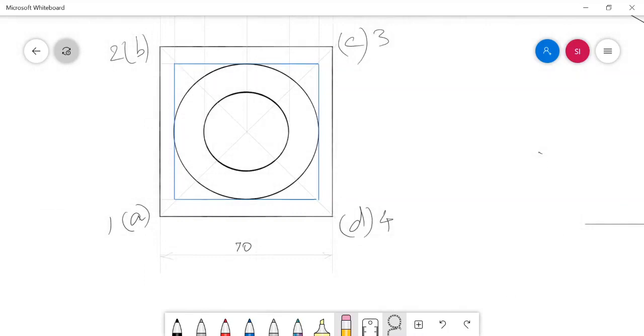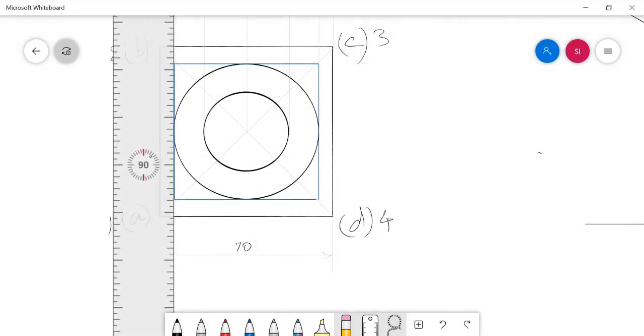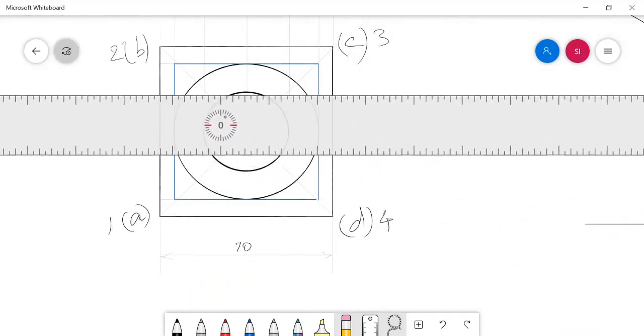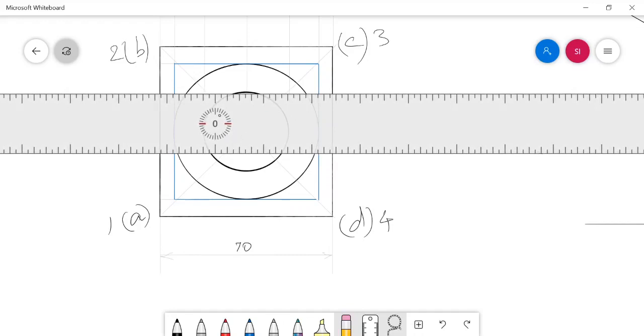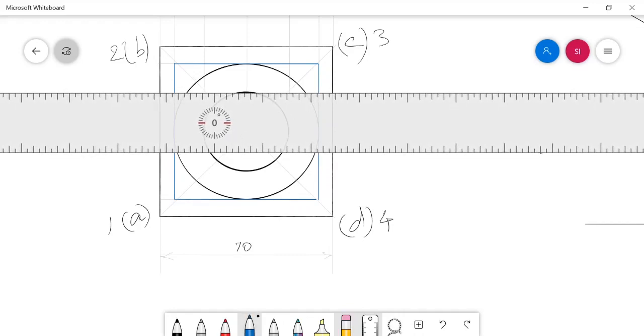Just around the base, I drew a square box, and then for the top circular face also, I needed to draw the square box.